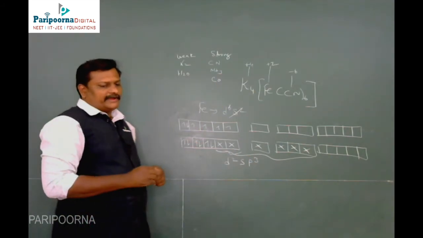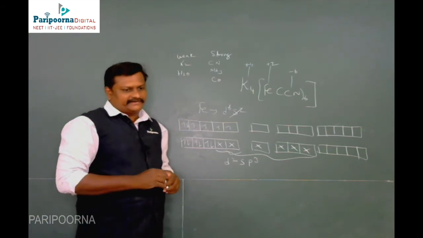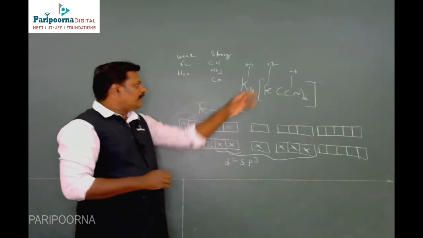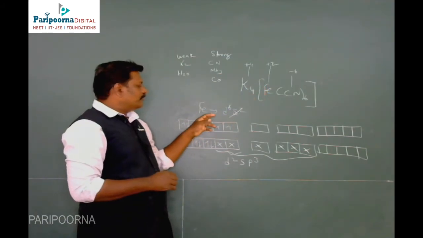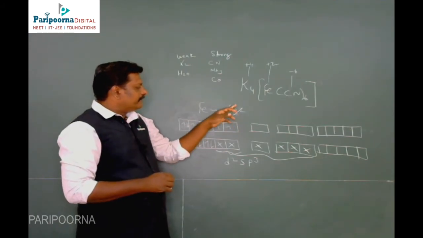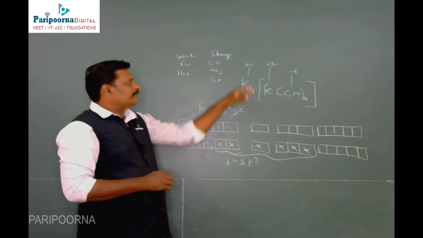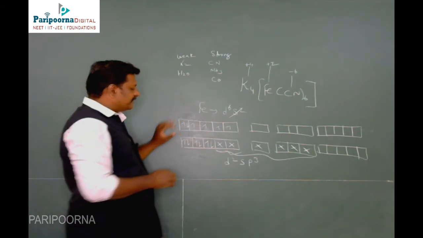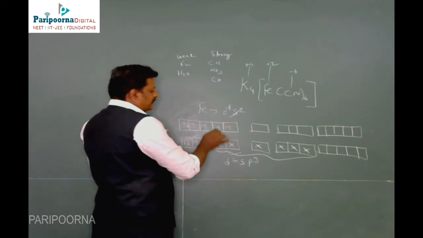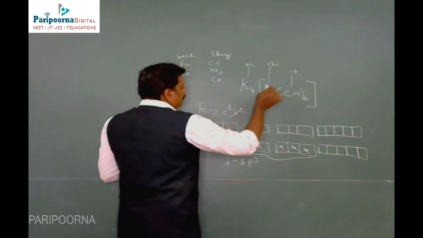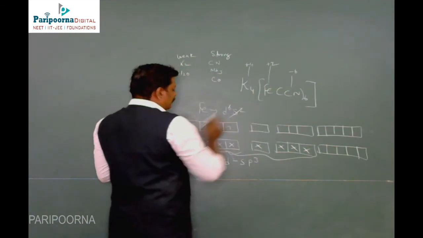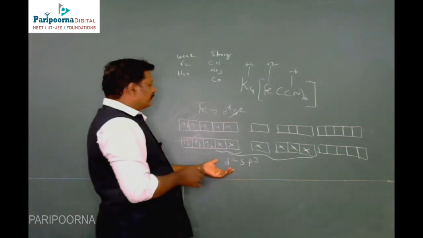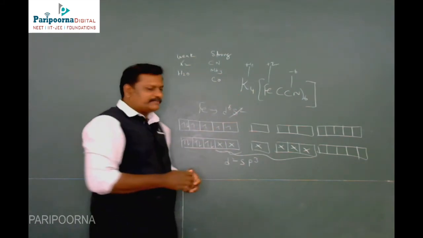So if you want to identify the hybridization of a coordination complex, what steps do you follow? First, find the oxidation state of the central metal. Then write the electronic configuration. From this electronic configuration, remove the number of electrons relevant to the oxidation state. Then write the orbitals and fill the electrons. Then look at the ligand, whether it is strong or weak. Based on the ligand, make the changes here. Only then can you find the hybridization. So for this complex, the hybridization is d2sp3.